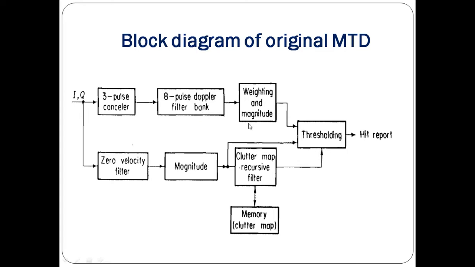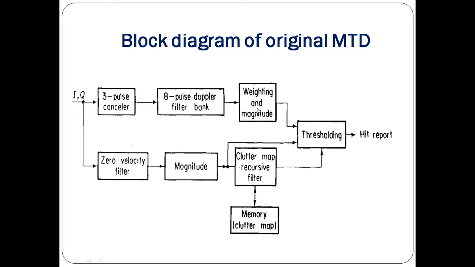The frequency domain weighting block is usually used to reduce the Doppler filter side lobes. When you have a frequency response or the filter characteristics, you should not have any side lobes, which result in unwanted bandwidth distribution. So this block is used to reduce the Doppler filter side lobes for better clutter attenuation.